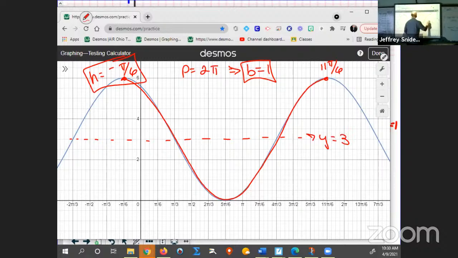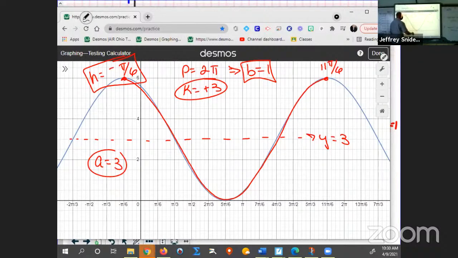So y equals 3. That means k equals plus 3. What am I missing? A. A is the amplitude. What's the amplitude? 3. A is 3. It looks like this graph should be what? Y equals 3. I chose cosine